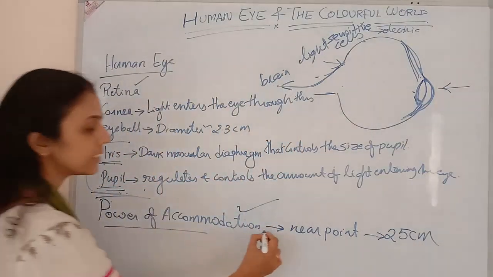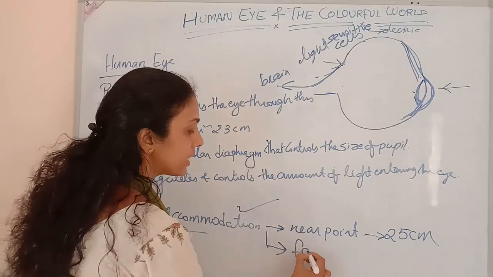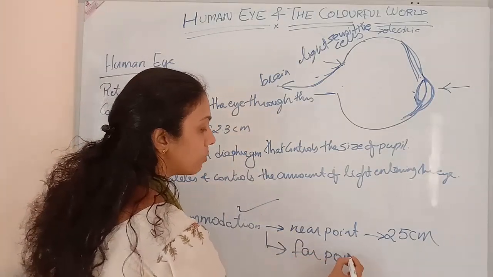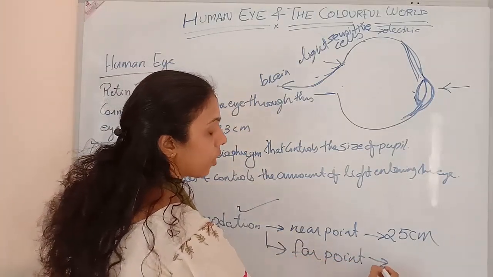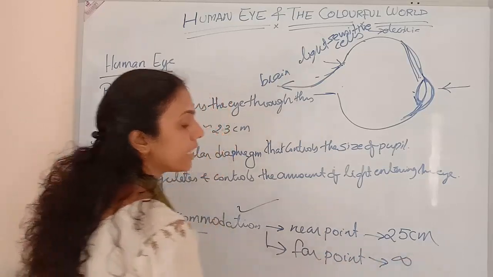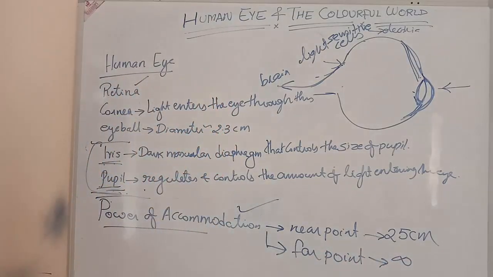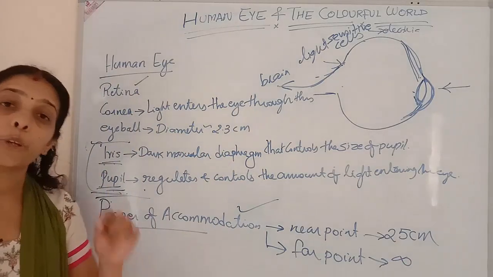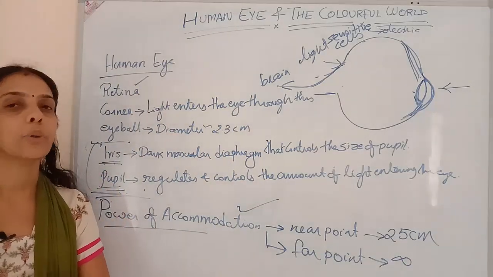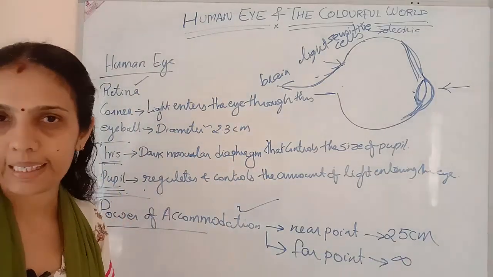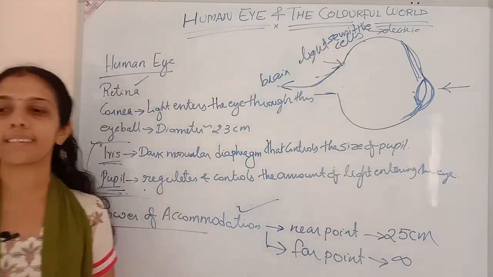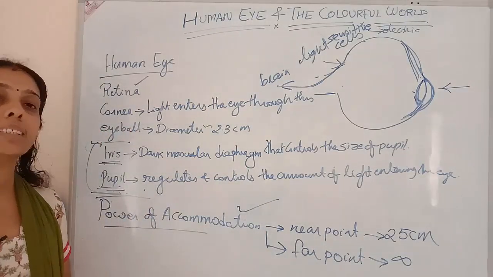Next is the far point, the maximum distance at which we can see the object very clearly. It is infinity. Infinity is the far point of a normal eye. So I will be getting many kinds of eye diseases, which we will be studying. Along with that, another